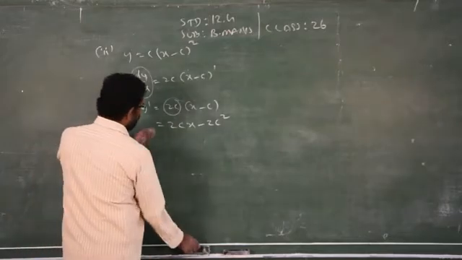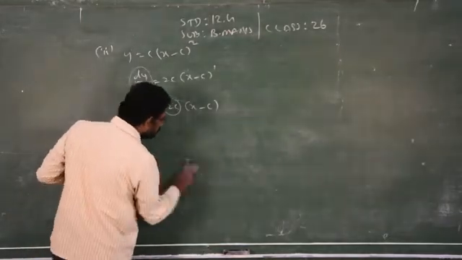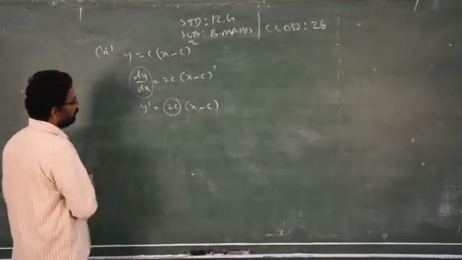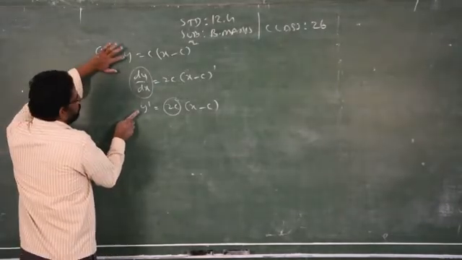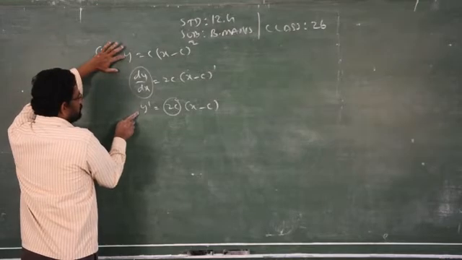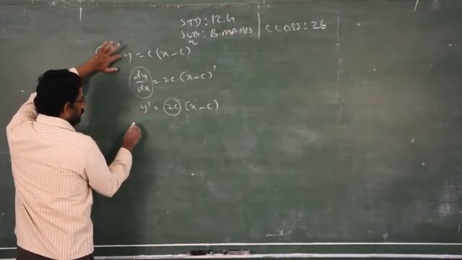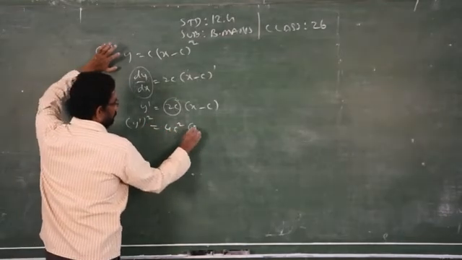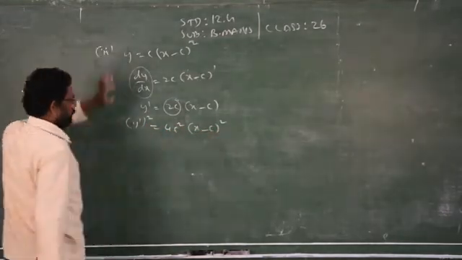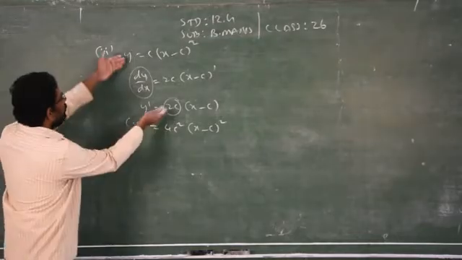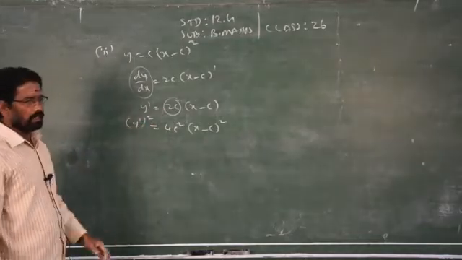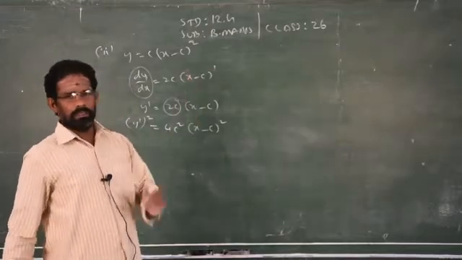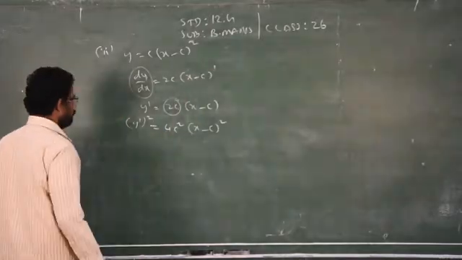So by using the concept, I am not able to find the value of c. So for that, I am comparing these two. There are too many methods. I am going with some other method. So I am squaring on both sides: 4c square into (x minus c) the whole square. Clear? You can divide these two also, you will get the answer. I did not say that you follow only my method, you follow whatever method you find very easy.